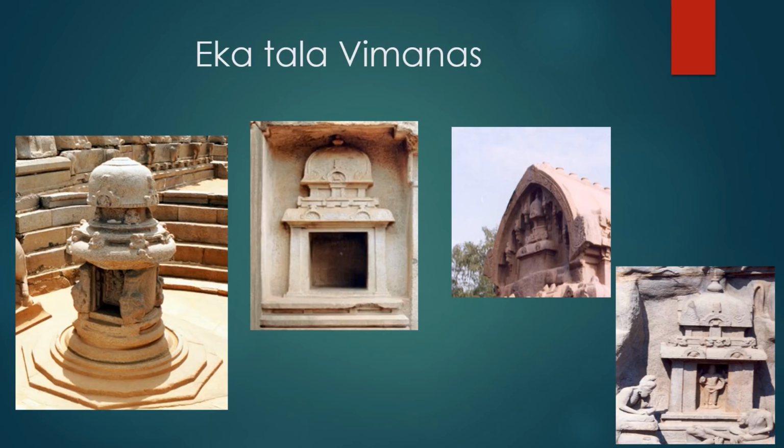On the northern side of the Shore temple, we have this Yagatala Vimana. It is for Shiva. It is accommodated with Veenadhara Dakshinamurti, or some scholars say that it is Ardhanarishvara. There is a controversy whether it is Ardhanarishvara or Veenadhara Dakshinamurti. It is there in the niche-like portion of the Garbhagriha in this small shrine.